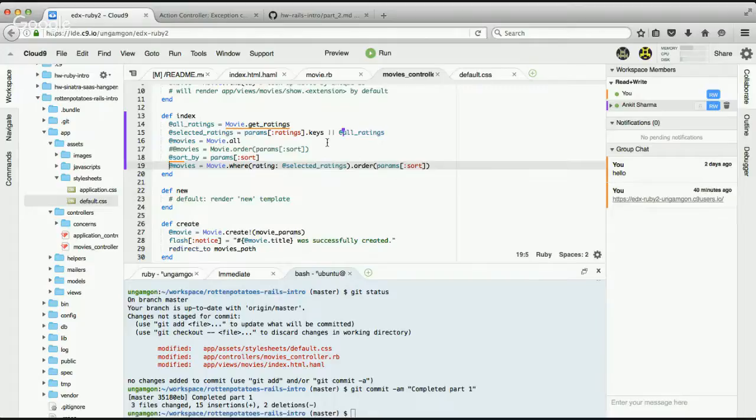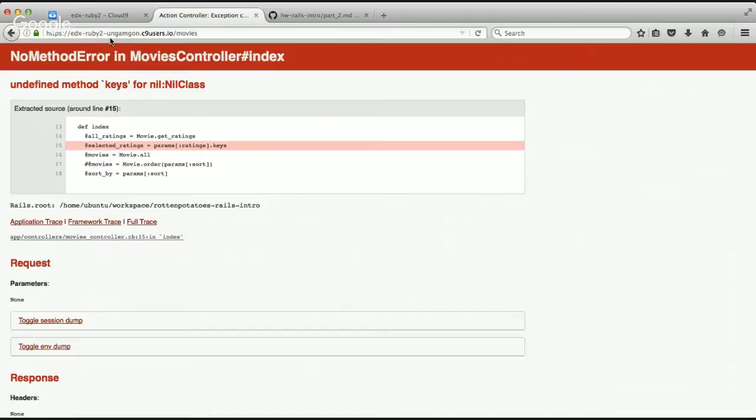When we first start our server, params has no ratings, so this value will be used, and all the ratings will be checked. So now if we refresh, all the ratings will be checked. And if we uncheck some ratings and then refresh, then you will see the